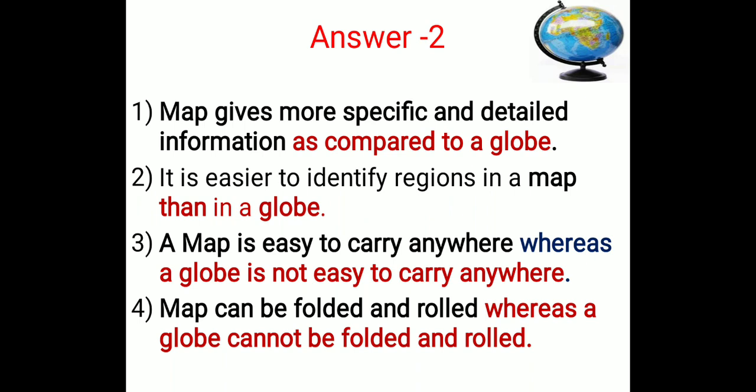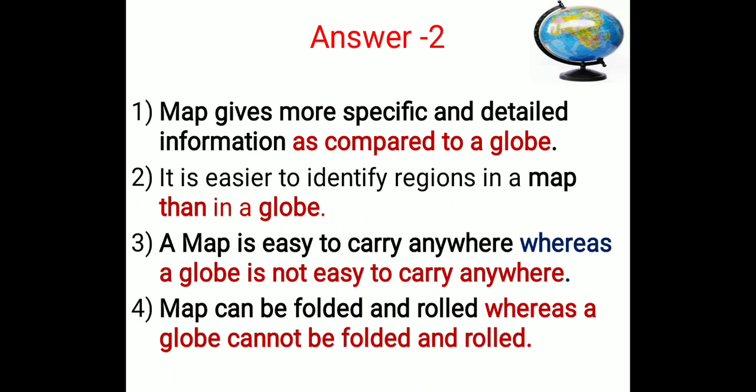A map gives more specific and detailed information as compared to a globe. Second point, it is easier to identify regions in a map. If we want to identify any city, any region, it is easier to find the region in a map